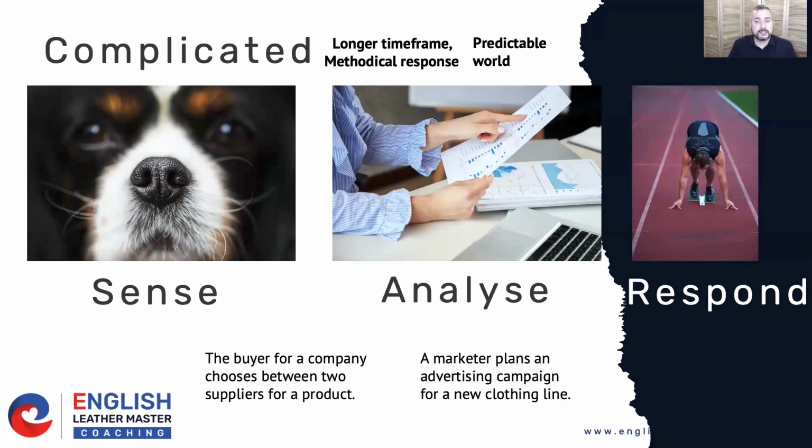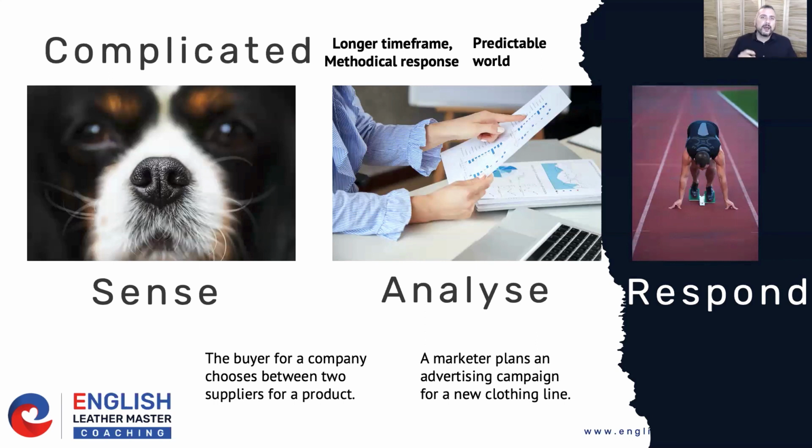A marketer deciding an advertising plan. Again, you can put together lots of information. What are your customers' needs? What are the key messages? Who are our customers? Where do our customers go for information? What music and visuals and everything else goes for our brand? So you can make decisions, you put all of that together, and then you respond, and you've got time to do it.